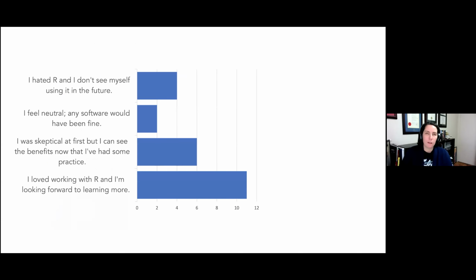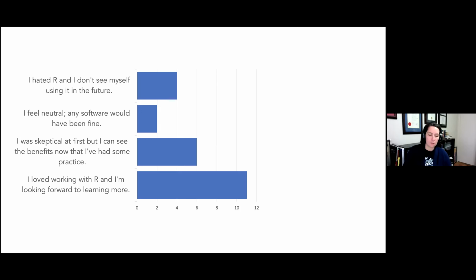So using a synchronous online format for the first time this year, what I tried was fully integrating software demos directly into the class, where I had previously relegated software content to the weekly tutorials that happen with the TAs. They handle taking the content from lecture and showing the students how to do it in a software package. So this year the students tried working with R, and this chart was something I administered at the end of the first semester to see how they were feeling about it.